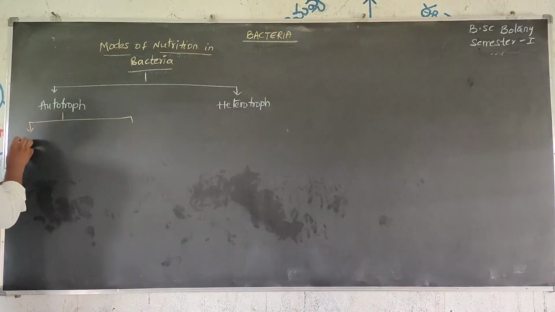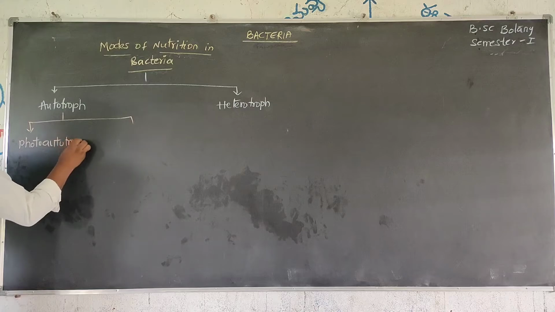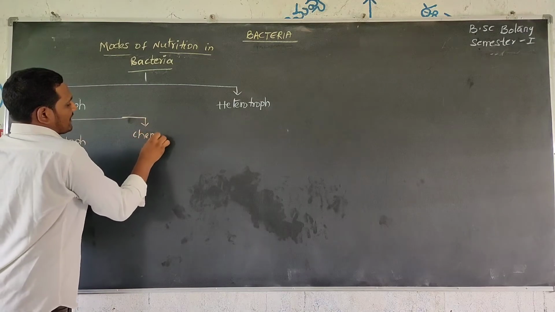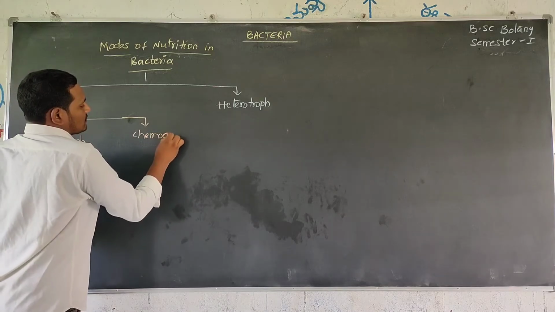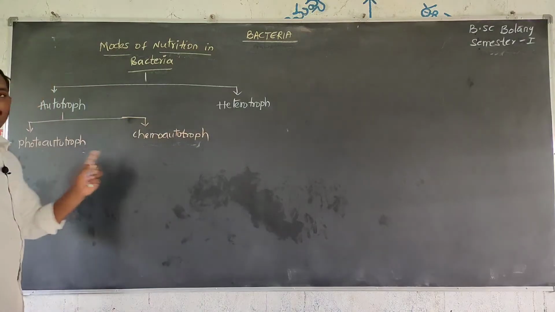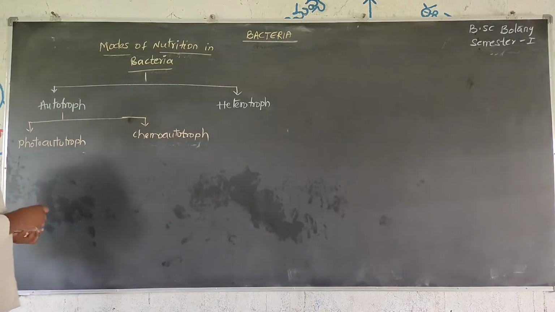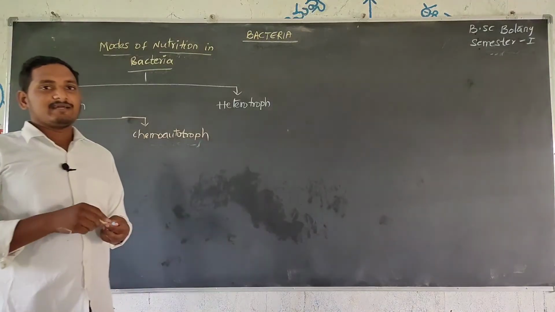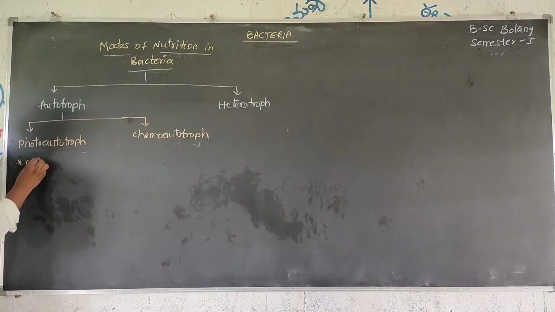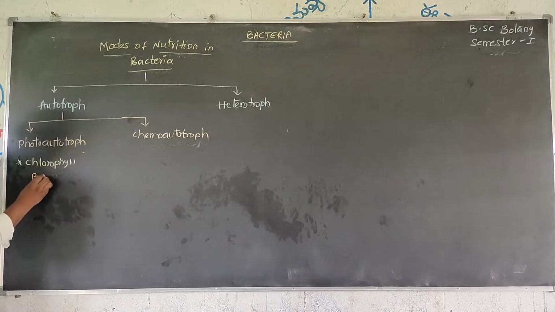One is photoautotroph, and the other is chemotrophic bacteria, chemoautotroph. Photoautotroph bacteria mainly contain chlorophyll, which is bacterial chlorophyll,